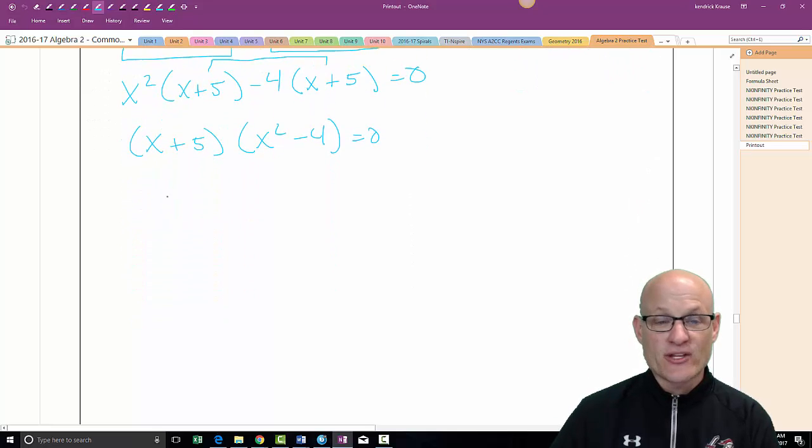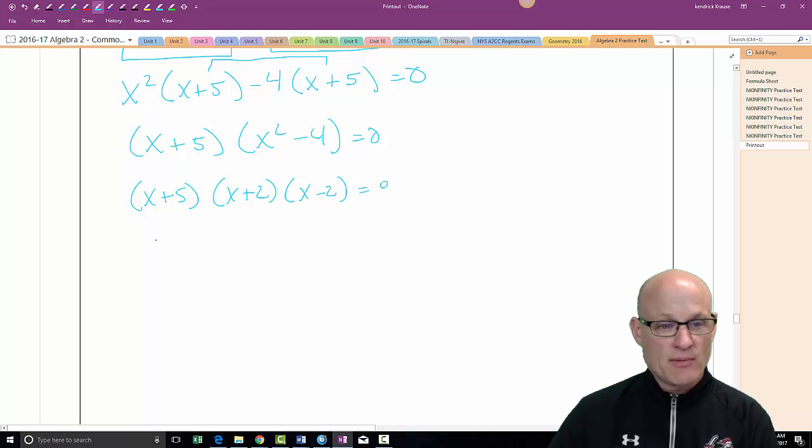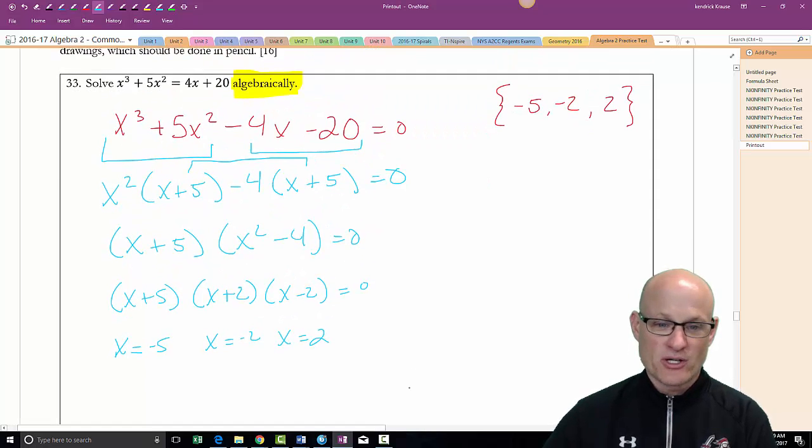I'm going to factor the x squared minus 4: x plus 2, x minus 2, the difference of two squares. And my three answers are x equals -5, x equals -2, x equals +2,